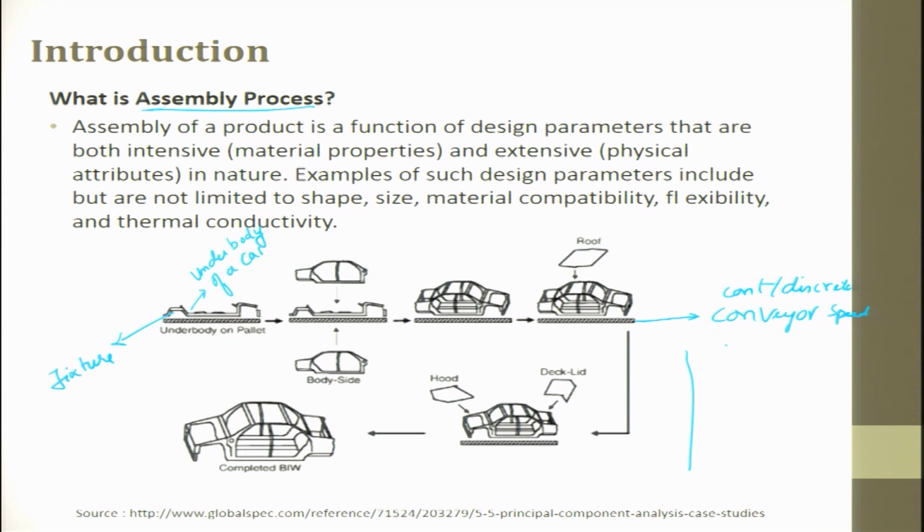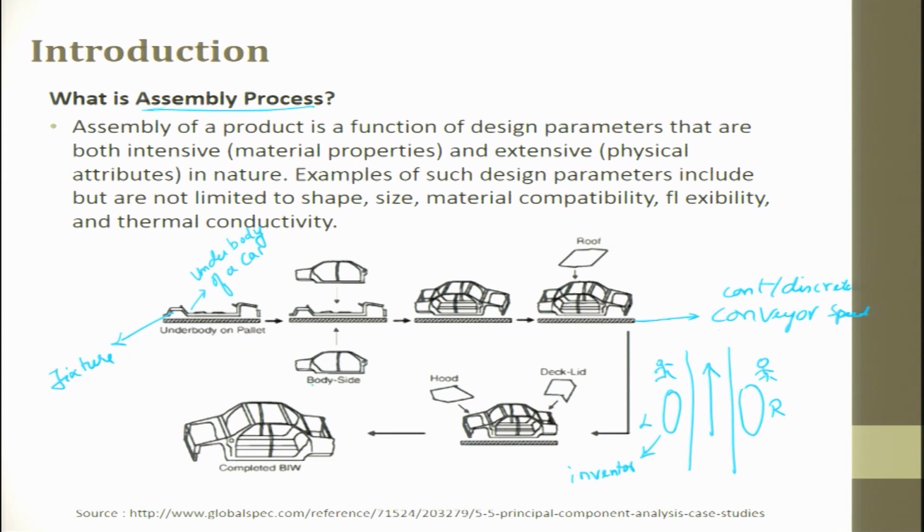Interestingly, in car assembly the conveyor moves like this and you have a set of works happening on the left hand side as well as on the right hand side. So, you can have inventory here, you can have an operator here and you can have an operator here. So, he does all the right side work, he does all the left side work and the conveyor keeps moving